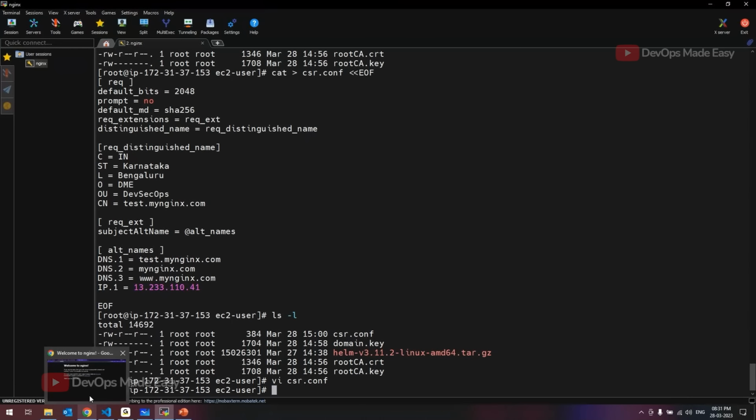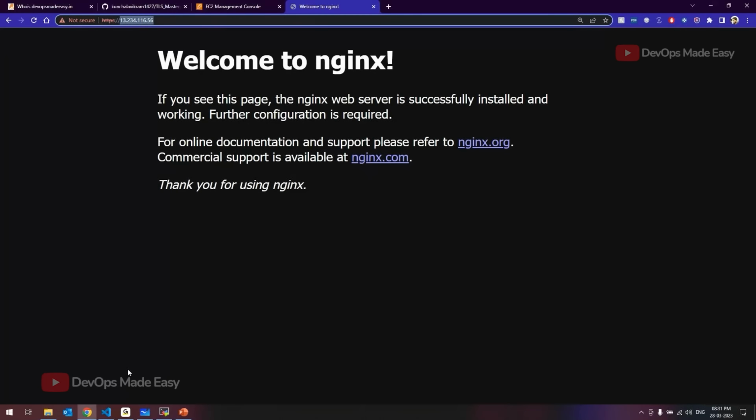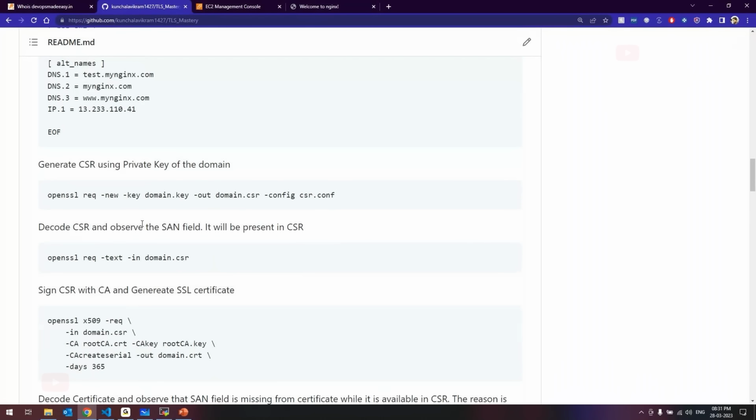So what I will do, I'll take this certificate signing request to the CA, then the CA has to sign it with its own private key. For this I already have the command. So here, let's assume you send the CSR. Now the CSR,